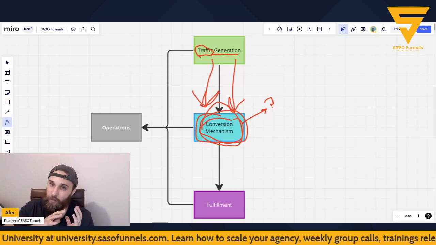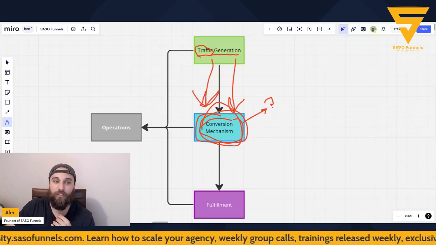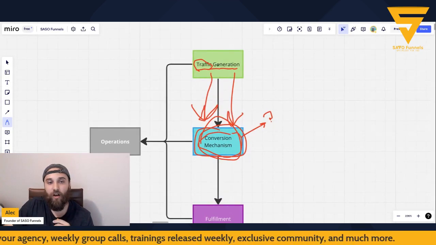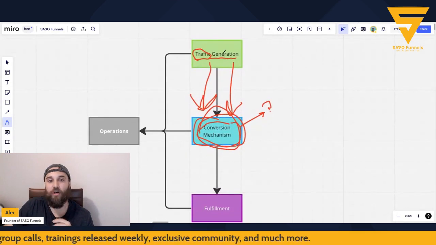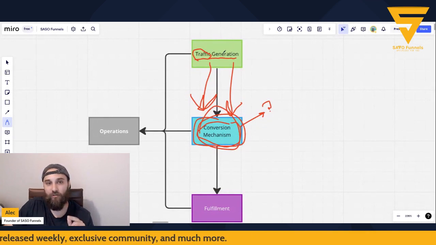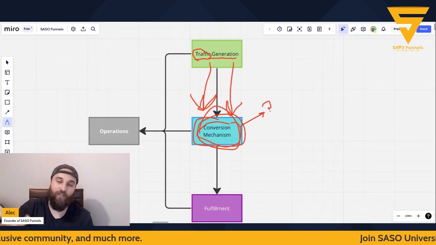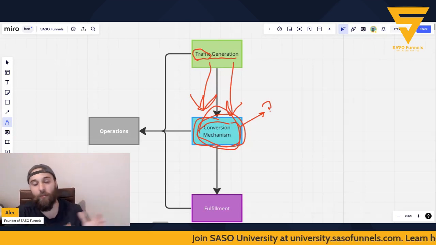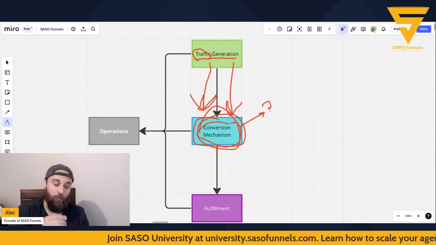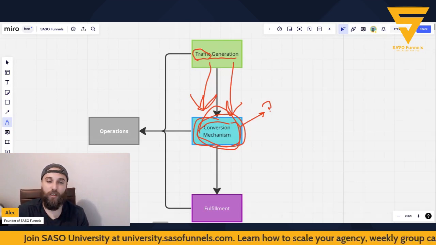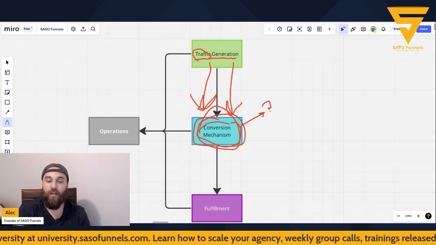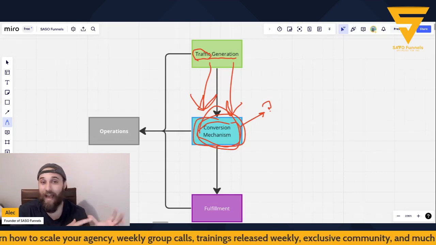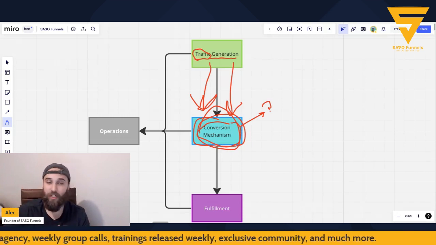So again, it's going to be strong top of funnel content. This is going to be where 99% of businesses that I work with, agency owners I work with, they fail at the traffic generation level. Why? Because traffic generation compounds. It's like investing. People don't want to invest up front because it's going to be a long game. Yes, you have to play the long game. The beauty of using social media is that it's much more evergreen than ads. It's also free. Ads cost money. Using social media does not cost money.